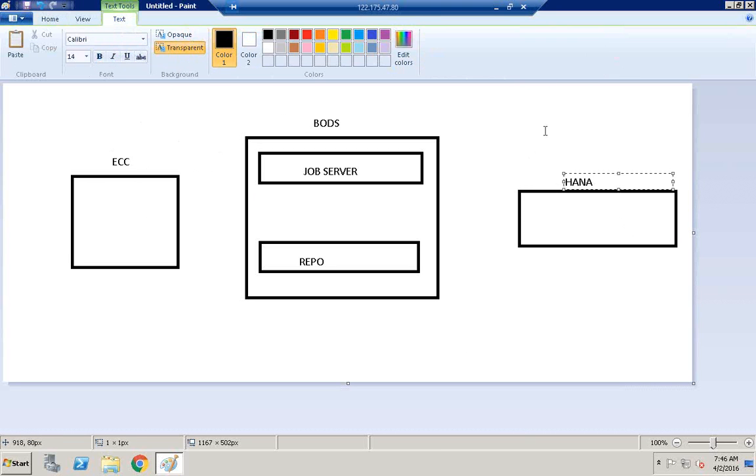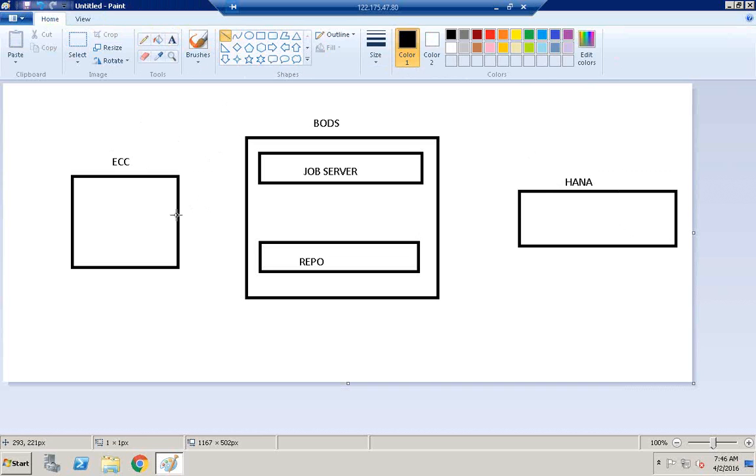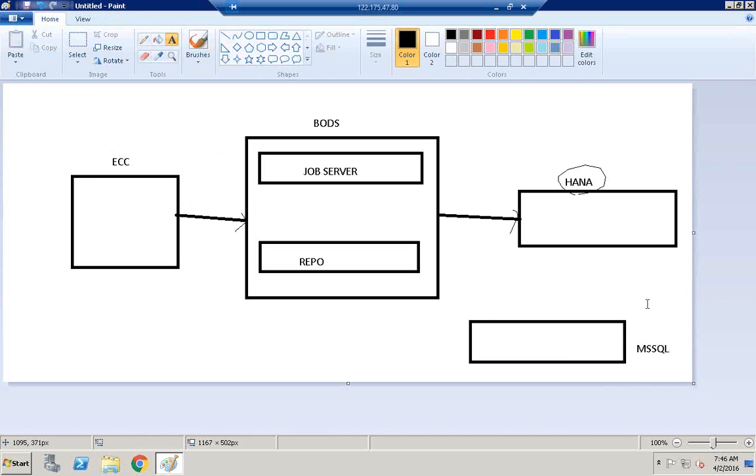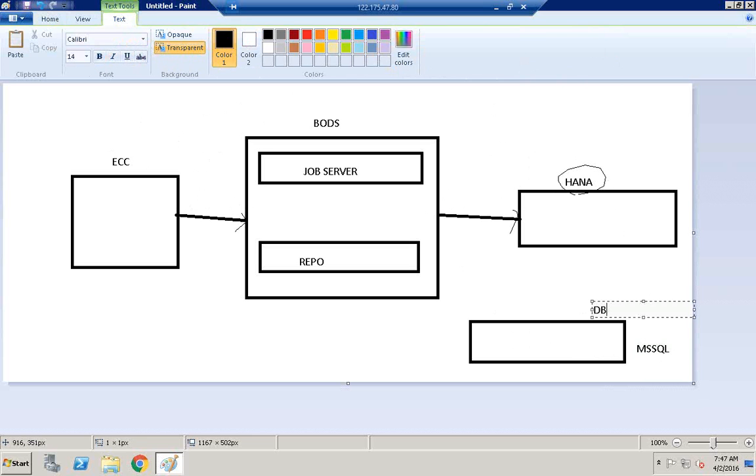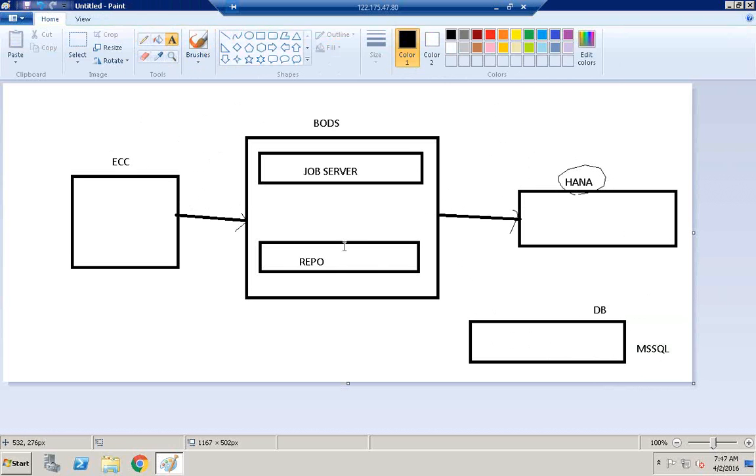So let us start from the first step. In step number 1, first we need to have a database. Either we can use HANA as our database for the repository, or we can use MS SQL as a database for our repository. In order to create these repositories, we have an option called the repository manager. So in the repository manager, we can create a repository,